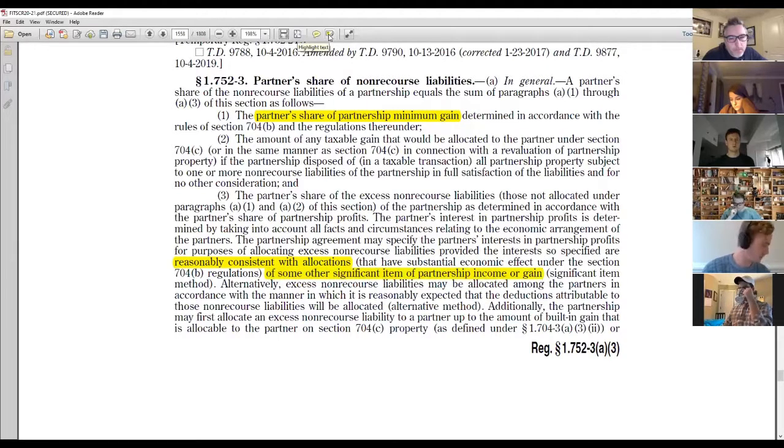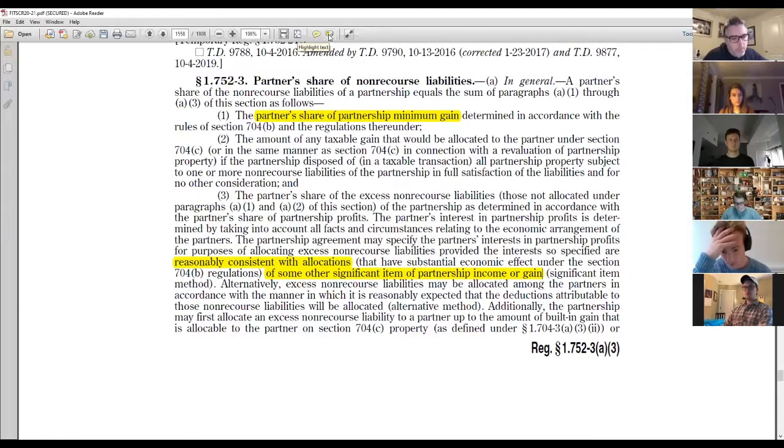And there's nothing really directly on point. We can use, by analogy, remember we had that similar language with the safe harbor for allocating non-recourse deductions. You could allocate non-recourse deductions in a manner as long as they were consistent with the way you allocated some other items. And under those regs, this is